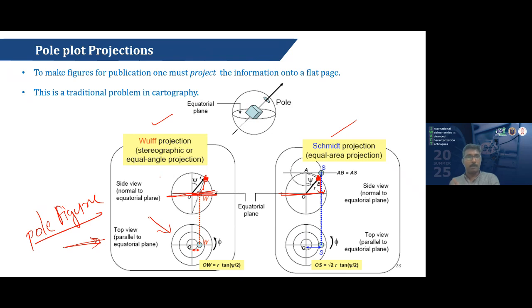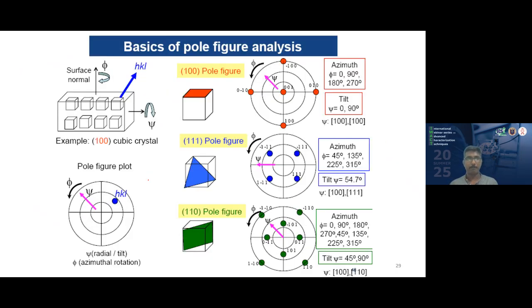So whatever method we are using, what we do is to project a pole into the equatorial plane, a two-dimensional plane, and that two-dimensional plane is called a pole figure. For example, here we are considering the pole figure corresponding to the basic crystallographic axes, that is the 100, 111, 110 planes for a